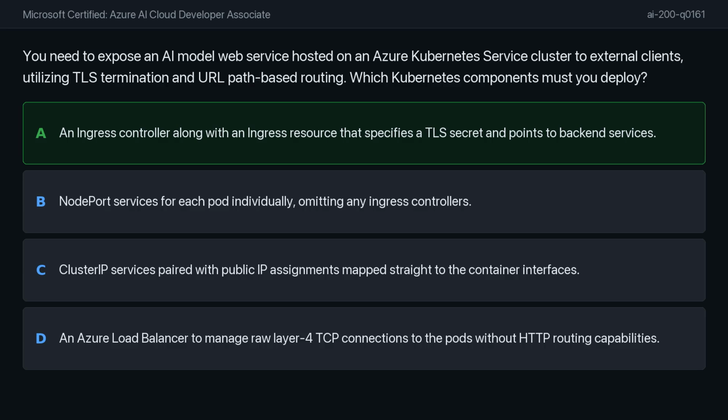I believe the correct answer is option A. This approach is effective because an ingress controller and an ingress resource operate at layer 7 of the OSI model. This layer is necessary for inspecting HTTP requests, which allows you to perform path-based routing and handle SSL certificate decryption